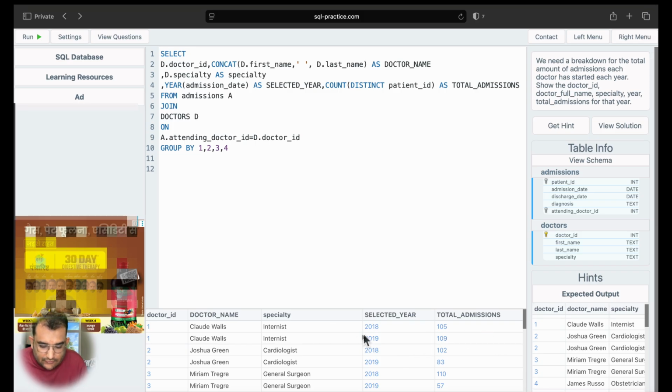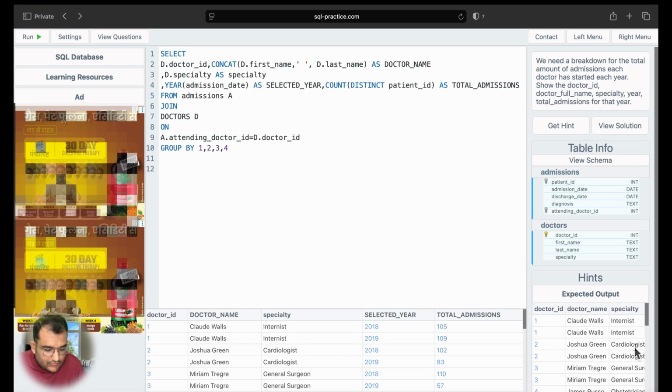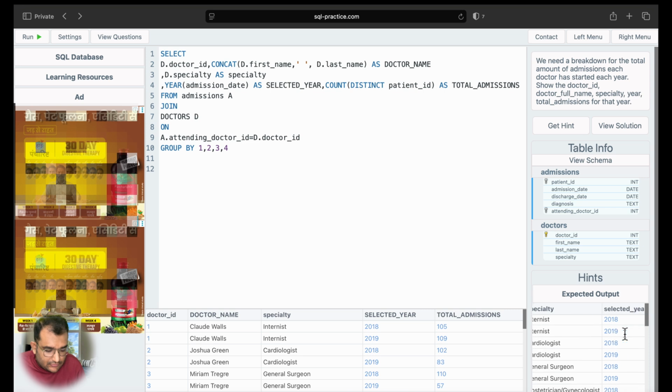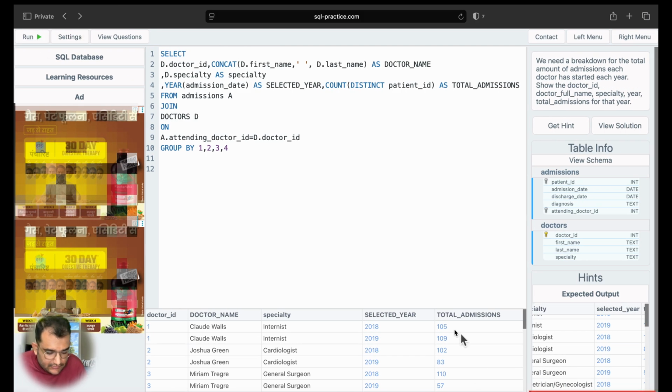We have the selected year coming, Claude Walls, internist, 2018, 2019, 105 total admissions. Things seem to be fine. Then what is the error? It says